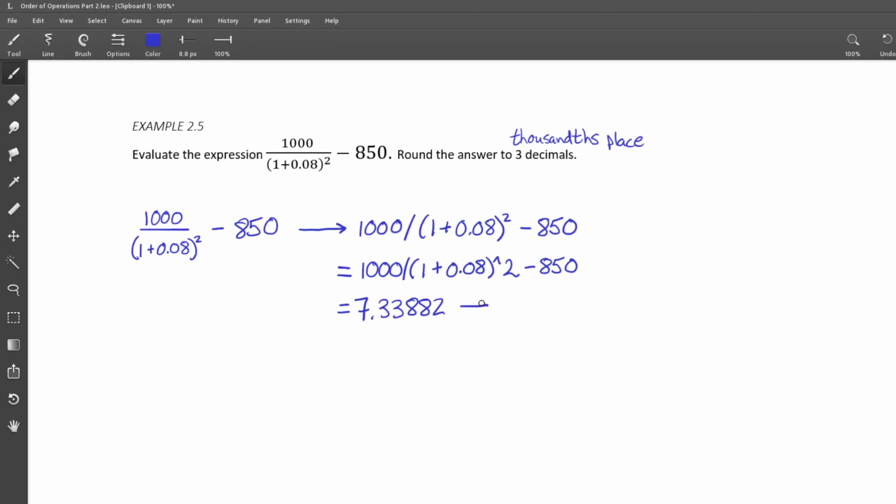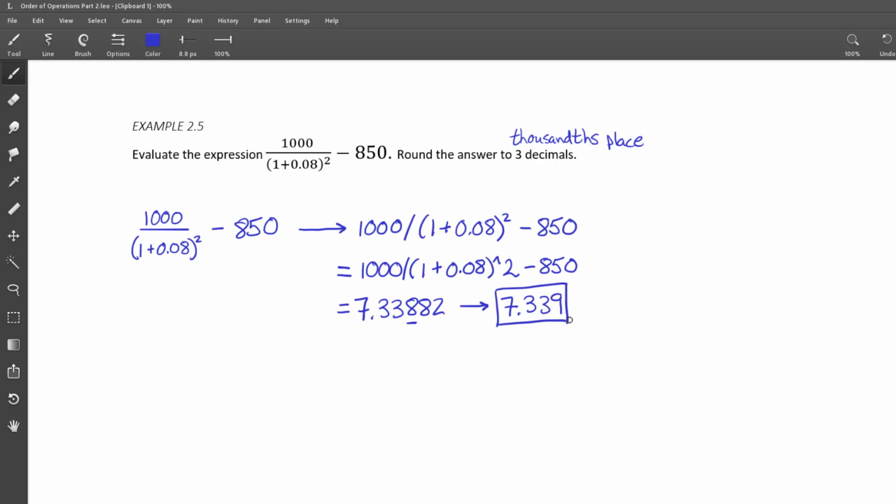The last thing I want to do here is do the rounding. Round the answer to 3 decimals. So in order to round to 3 decimals, that's this spot here, we're going to look in the 4th decimal place. The 4th decimal place is an 8, which is 5 or greater. And so the 8 in the 3rd decimal place needs to be rounded up to a 9,